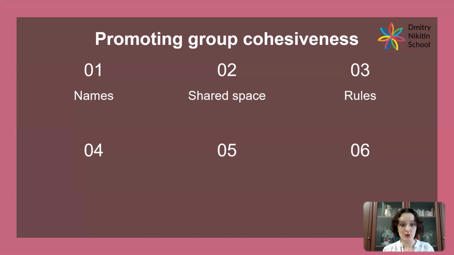Number 3 is rules, and you're probably familiar with the practice of putting together a classroom contract. This is a popular activity to be done at the beginning of a course where some teachers actually dedicate part of a lesson to it, where they'll offer students to contribute to a list of rules that they believe that the class should follow. And then students, this also contributes to their autonomy, can actually sign this. And sometimes this contract is added to their portfolio. It's a great practice. It helps at the forming stage of group formation because it creates some predictability in the group.